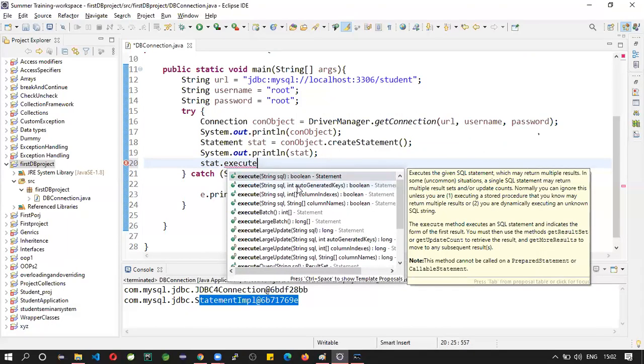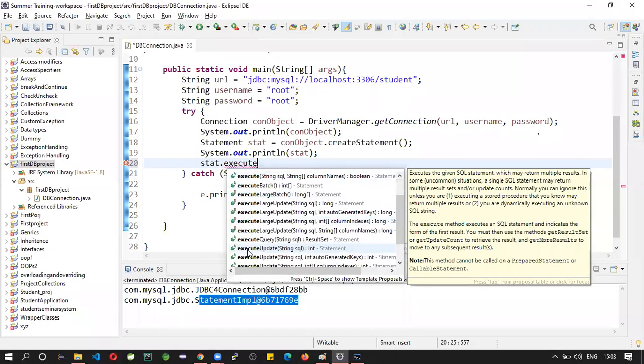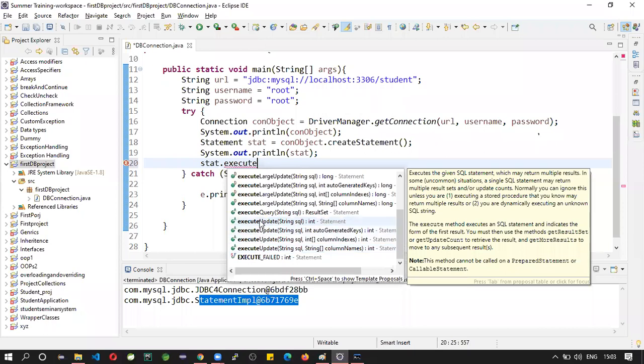See how many overloaded methods are available here. Execute with string, execute, execute. executeUpdate methods are also overloaded. Select this executeUpdate.